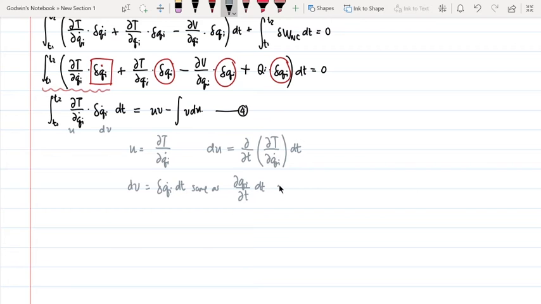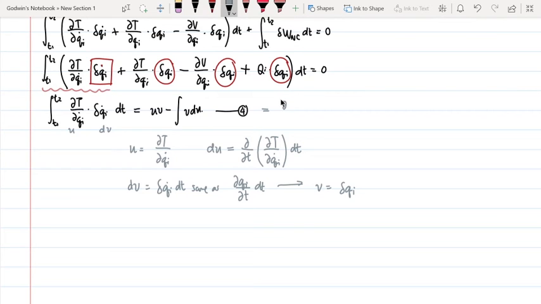So if you integrate both sides with respect to t, you're gonna get v is just magically delta qi, right? Since it cancels, right? Okay, and so now you have our u, our du, our dv, and our v. And so we're gonna equate that here. U times v is,